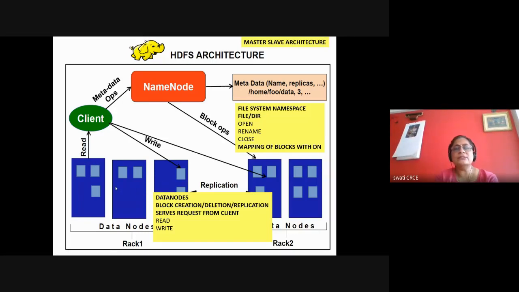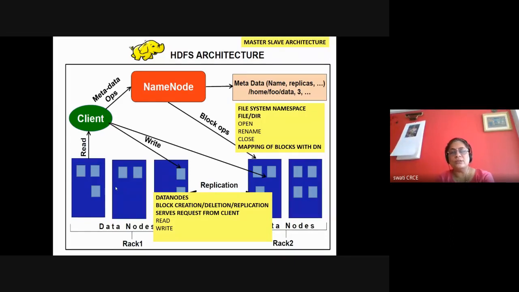Okay, any doubt in this? So with this diagram, I'm just introducing you to the components of HDFS, that is client, name node, data node. Name node keeps the metadata information about the cluster, and with respect to the entire big file, it coordinates the operations of opening, renaming, closing the file.